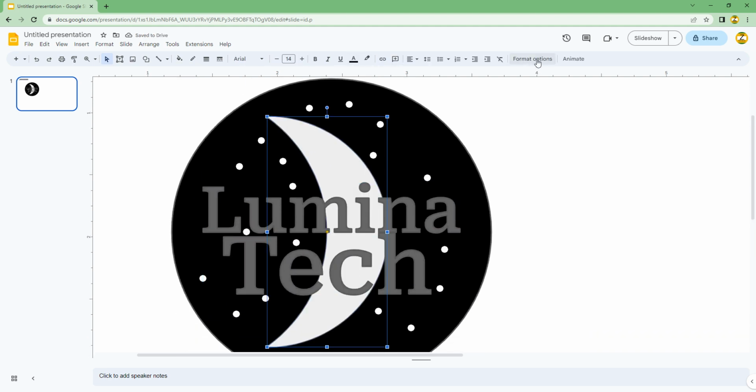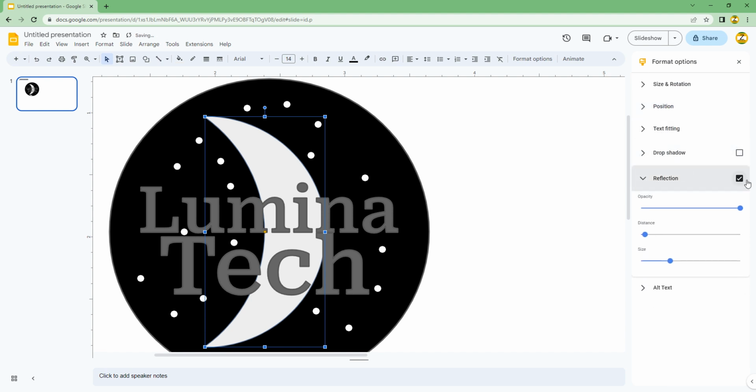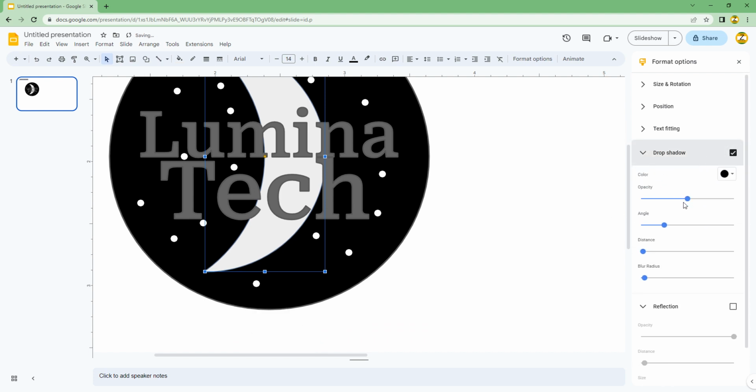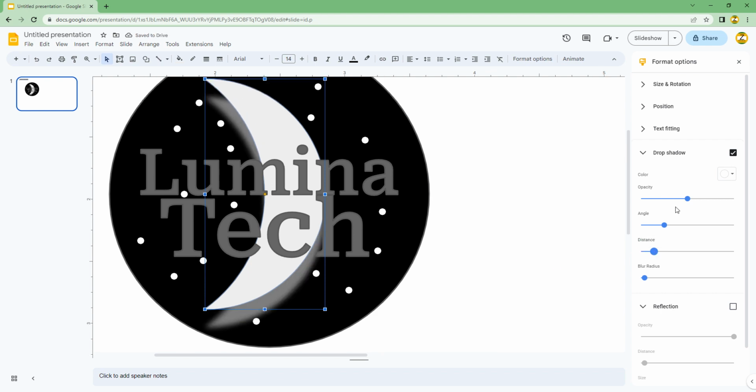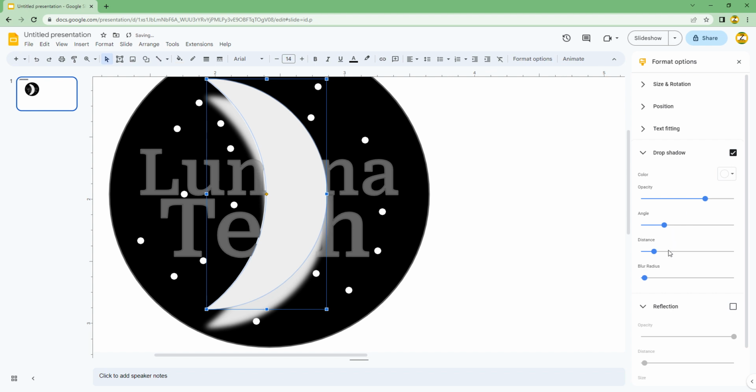Now I'm kind of thinking for format options, I kind of like the reflection that it made, or not reflection, a drop shadow. So I'm going to make the color kind of like a white. Increase the distance by a bit. Now a cool trick you can do with this is having it like that. I can duplicate that. Put it right on top. And the distance, or not the distance, but the angle,